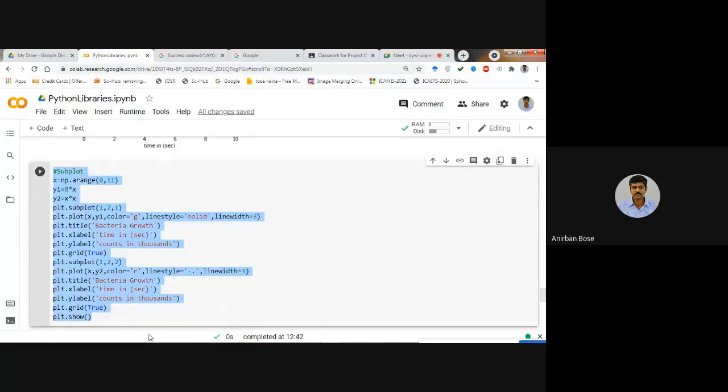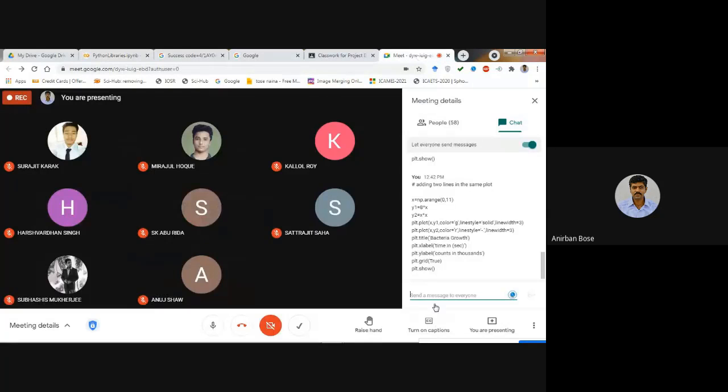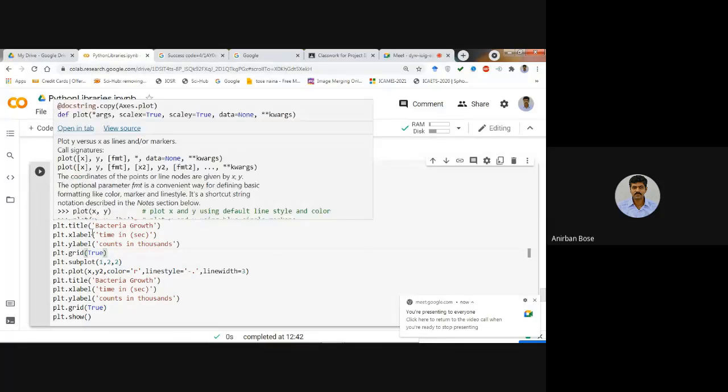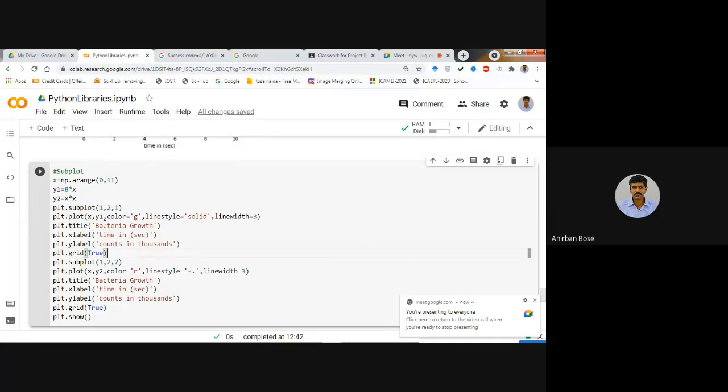read. Now listen carefully. How to make the subplot? Subplot meaning is what? You see that plt.subplot first two things, 1, 2. It basically indicates how many rows and how many columns you want.